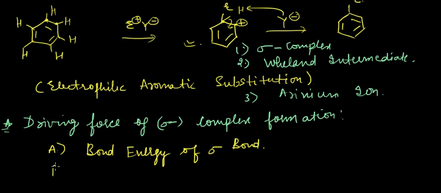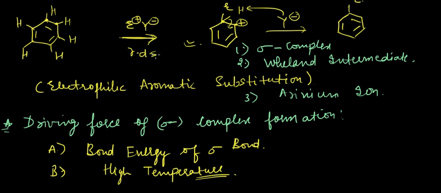We actually give high temperature for this reaction to take place because it's not easy to break the aromaticity of the phenyl ring and the double bond between two carbon atoms in the benzene ring. Okay, so the bond energy and high temperature are the two driving forces for the forward going of the RDS step. Okay,